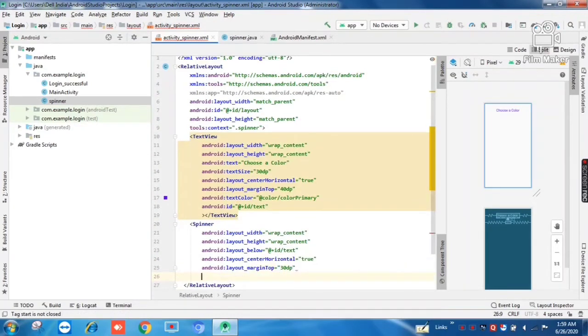Give it an ID, say spinner, and close the angle brackets. Now we are done with the designing part.